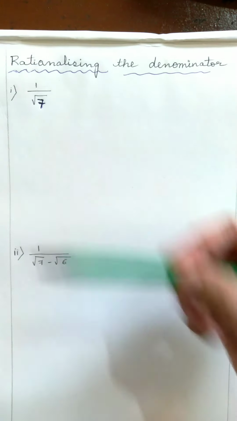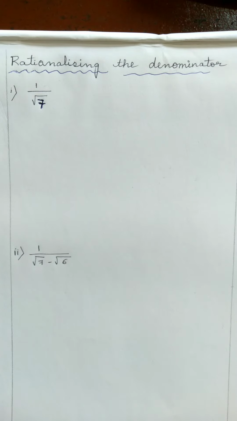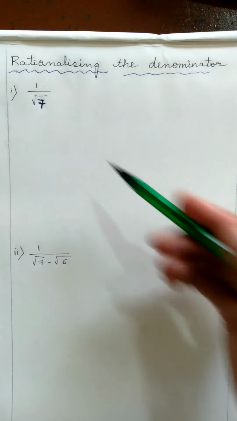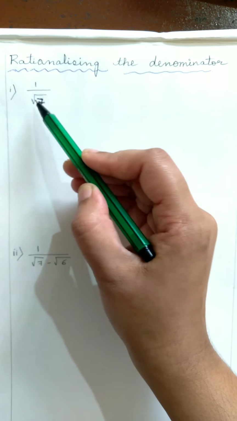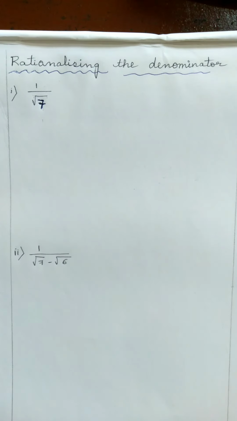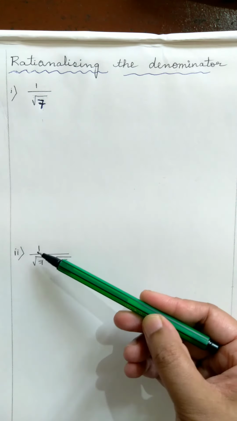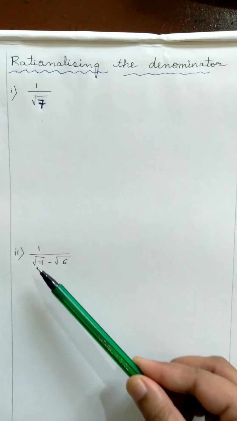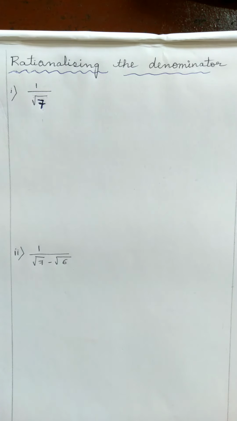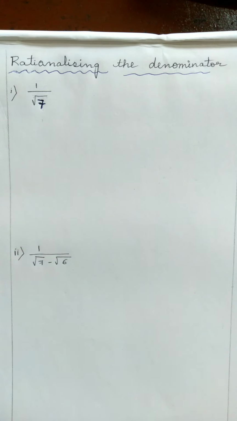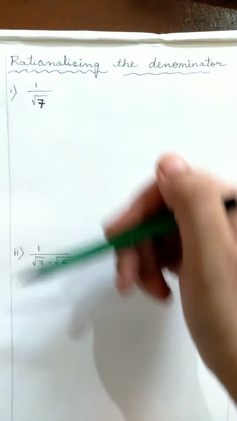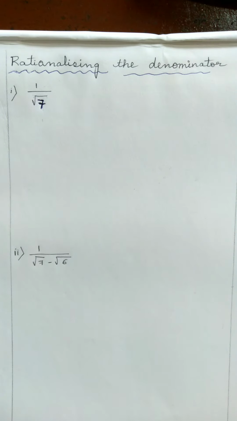Now, see the denominator. When the denominator of an expression contains a term with the square root, here in the denominator we can observe the square root, that is root 7. Or we can have such type of expression where 1 by root 7 minus root 6. So these numbers in the denominator represent irrational numbers. Therefore, it is difficult to simplify when the denominator contains an irrational number.